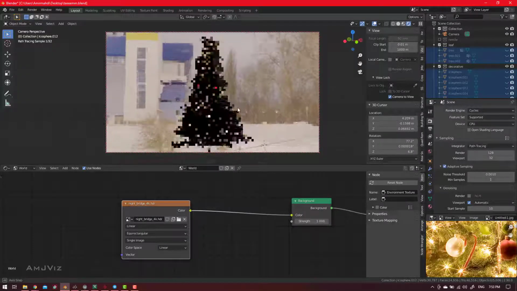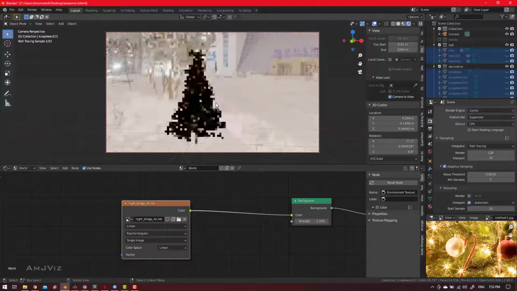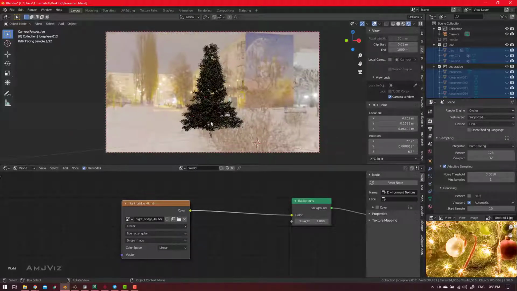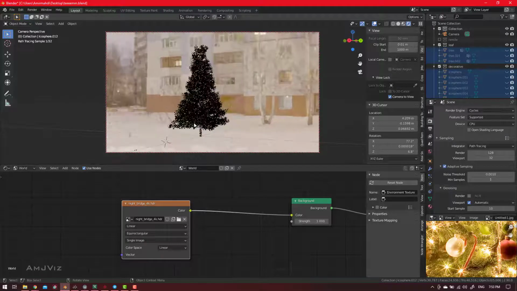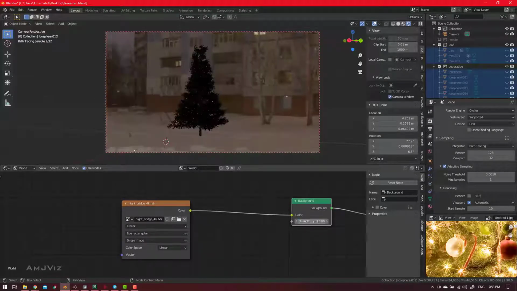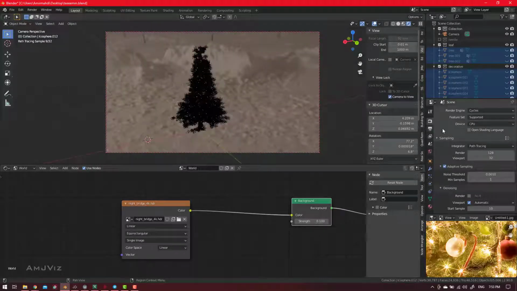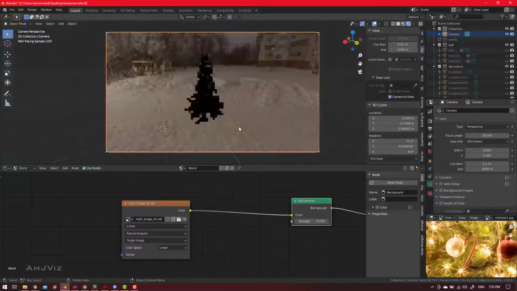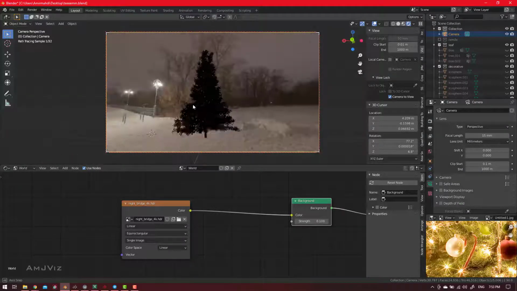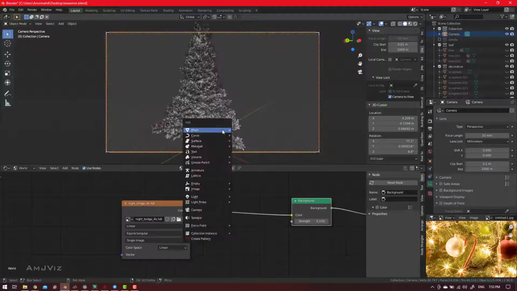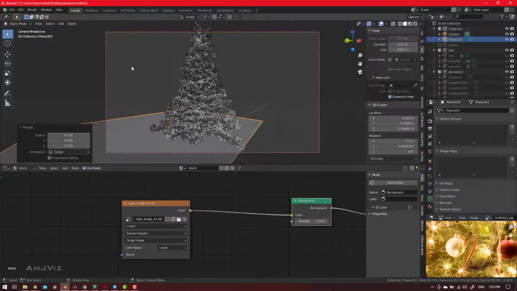But what is the problem? The problem is that we need to add a plane to have the shadows, and the intensity of the HDRI is really high. So the first thing, I lower this intensity to this, and after that I use the camera setting. In my camera, the focal length is really high, so I can have 15. This is much better. And now I can add a plane, scale it,